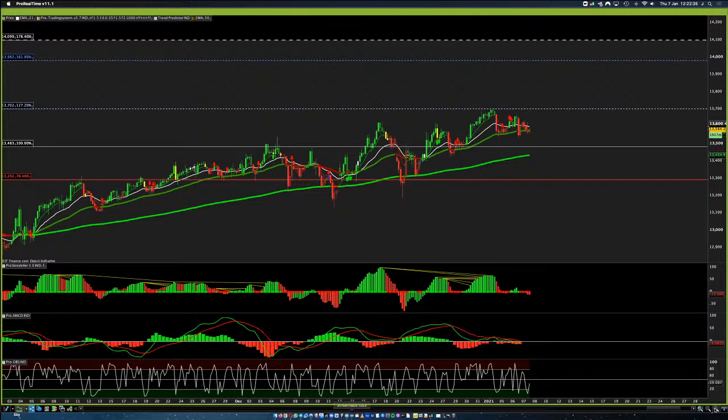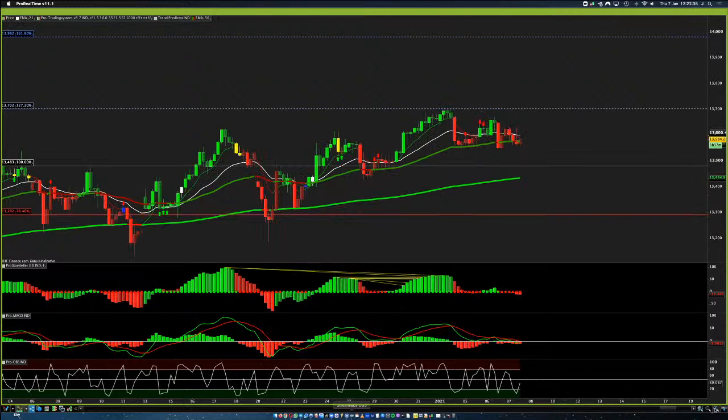This is a 4-hour chart on the pound dollar, so we're going to zoom in and talk about the potential for further downsides as we speak now, because the 4 hours is quite a powerful time frame. You can see from my awesome oscillator that we have what we call a 3-wave. So as part of our momentum strategy and as part of our divergence strategy, and then I'll show you the 76.4 as well, we have this oscillator,